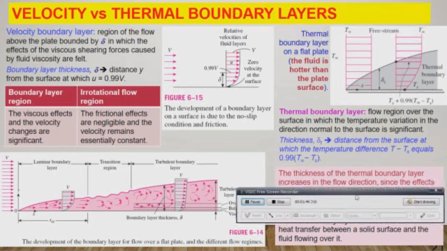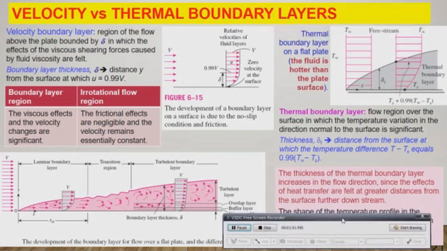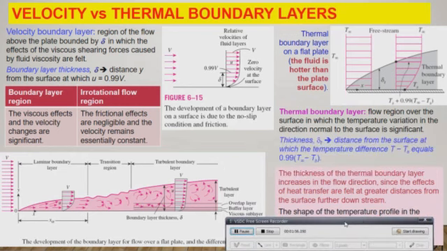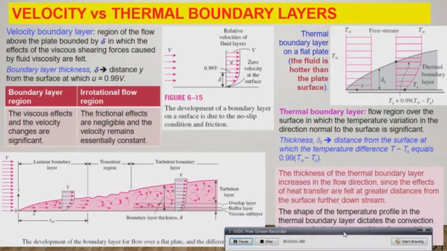Okay, so now let's go to velocity and thermal boundary layers. This one will be quite important for heat convection. I want to show the difference between the velocity boundary layer and the thermal boundary layer. Both look similar,